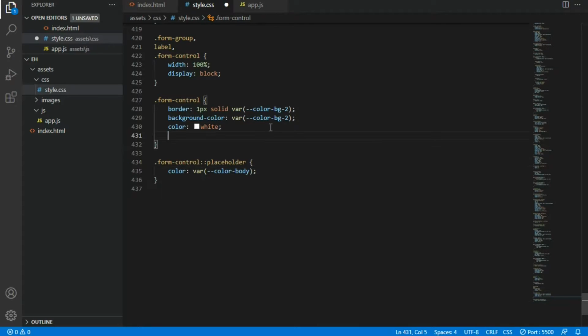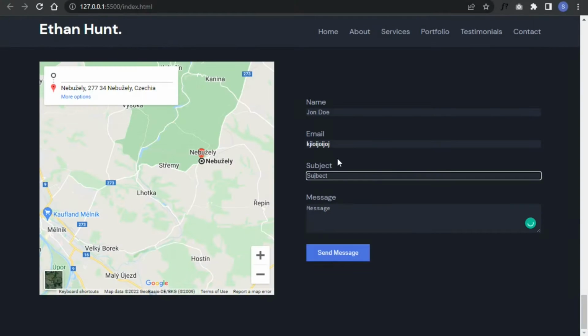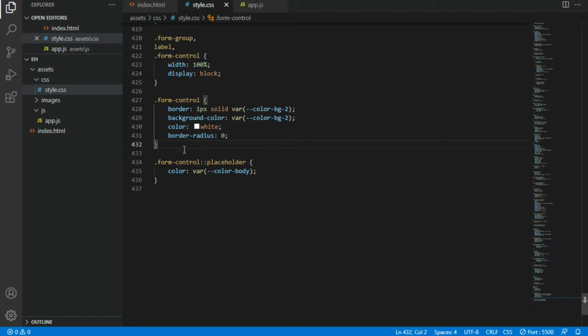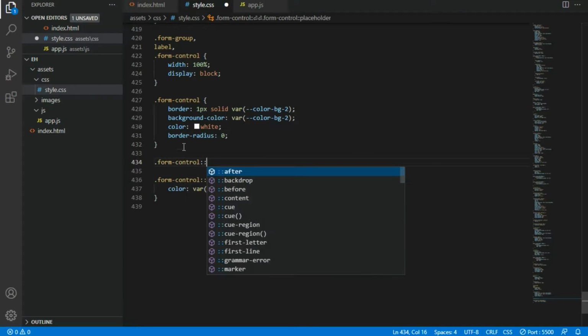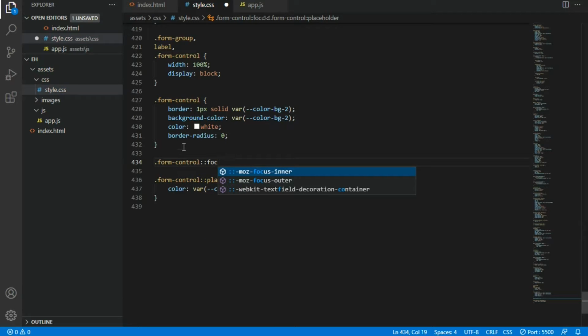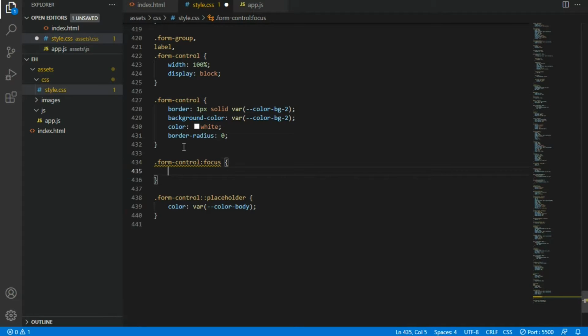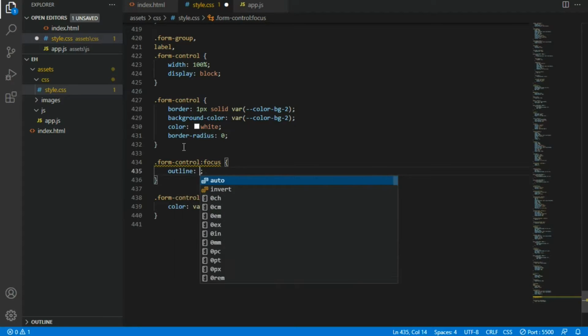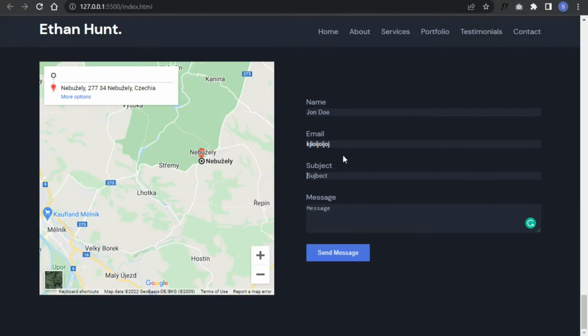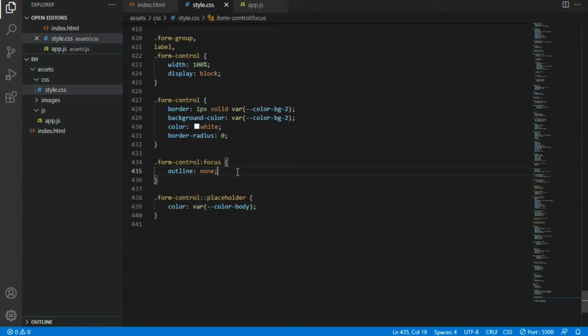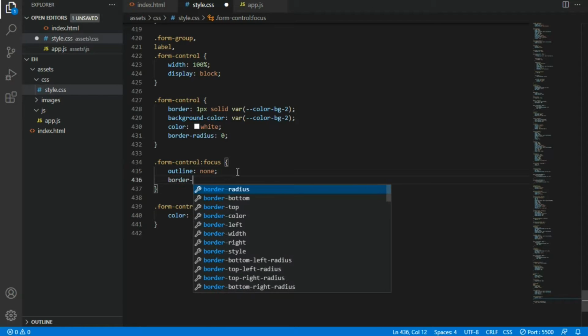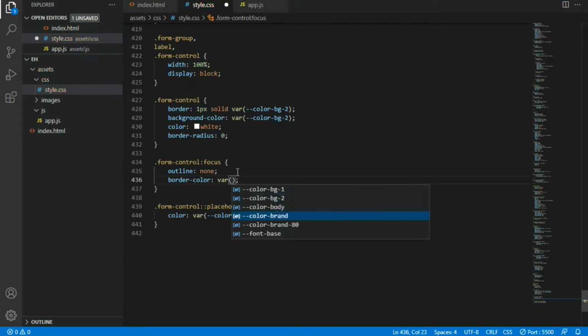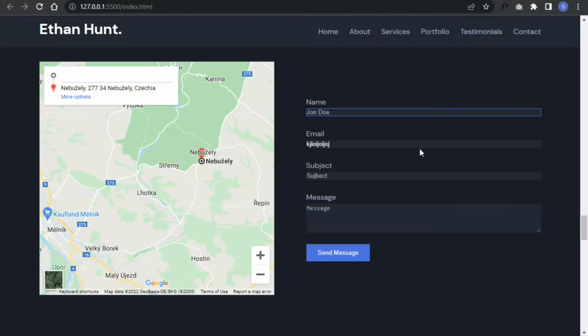I'm going to give a border radius 0, and I don't need this outline on focus, so I'm going to say form control on focus. I don't need this, outline to none, so as you can see we don't have that. And on focus I'm going to give a border color, the brand color. So as you can see,